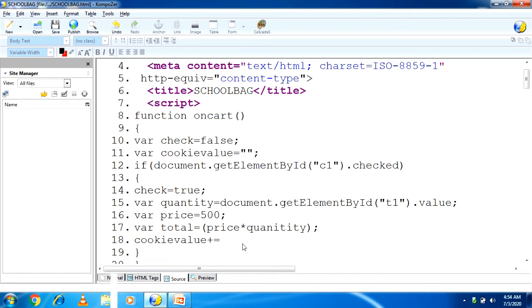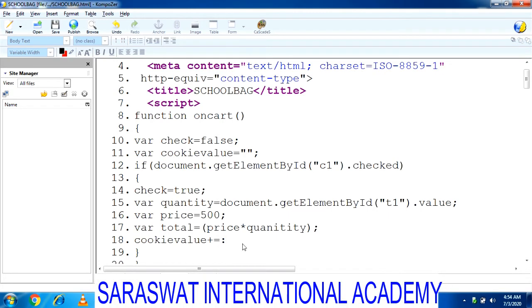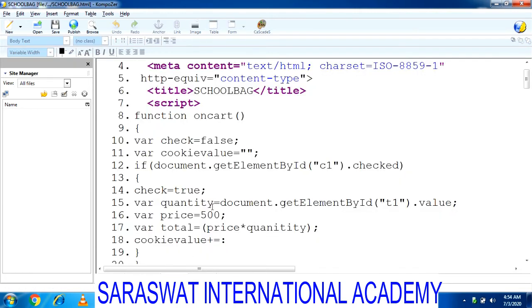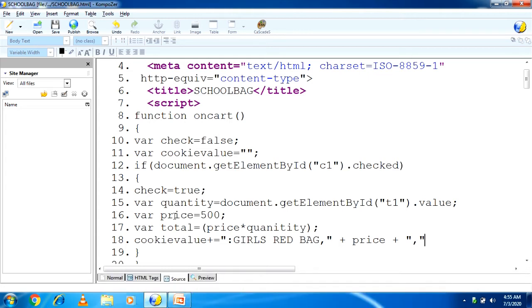Now cookie value plus equal to colon, what is my first product name? I will copy this, girls red bag. So I am writing here colon girls red bag. As it is, I am copying the name here. Okay. After that, comma, double quote, complete, plus. Now this is my variable, that's why I don't have to write in double quote. I will write directly plus price plus, again I have to give comma, that's why I add double quote.